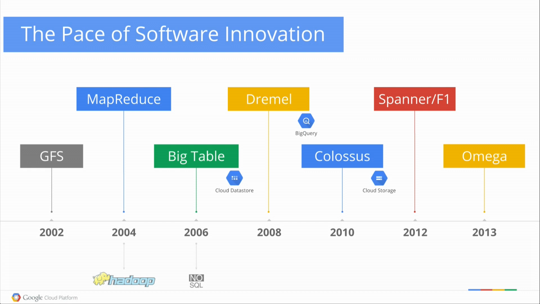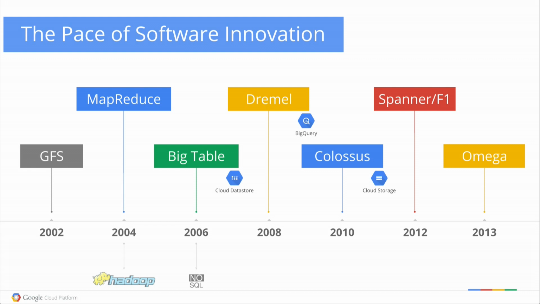On top of that, we built MapReduce. We published a paper. All of these are white papers. So MapReduce runs on top of Google File System. It allows us to run analytics across data fairly quickly. Then we have Bigtable. Bigtable is a NoSQL offering, which we built on top of Google File System, and which is now available as the Google Cloud Datastore.